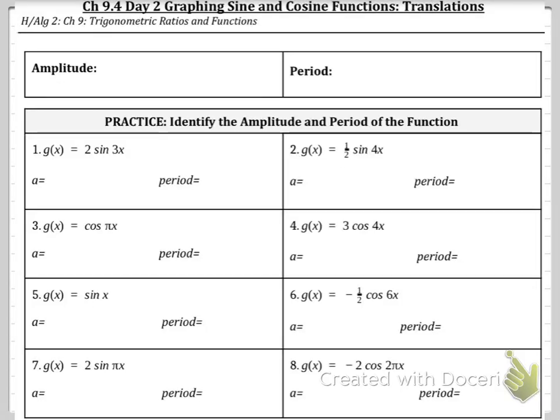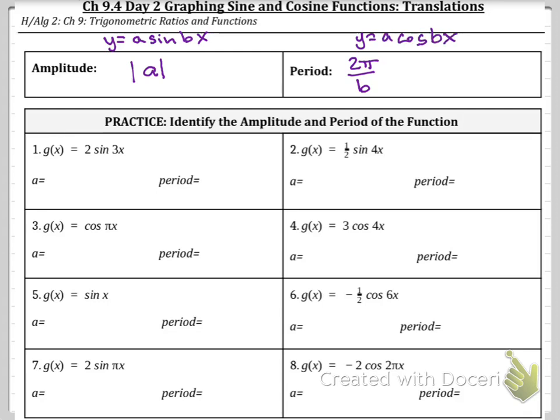Graphing sine and cosine functions, we're going to continue with our translations. Remember that our amplitude is the absolute value of A, so whatever the front value is. The period is 2 pi over B, so whatever that B value is. Remember that it's y equals A sine of B times x, or y equals A cosine of B times